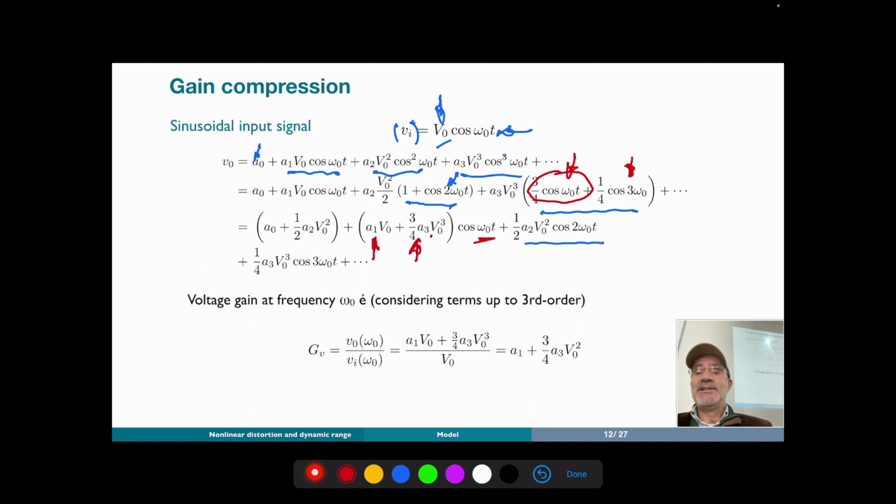And so the voltage gain at the frequency is given by this coefficient, which depends not only on the linear term, but also on the third term. Okay, and so the total voltage gain is A sub 1, the linear term, times a factor that depends on the third order term. Okay, and this is an important point,